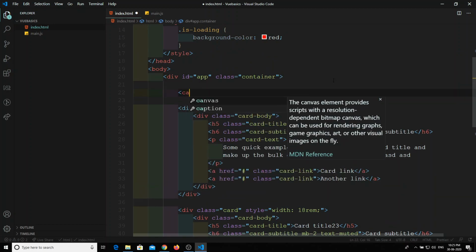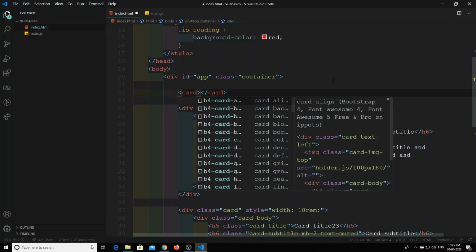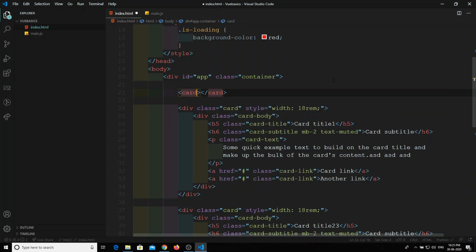I will create one component with the name card. Normally in Vue.js or in any front end, Angular or React.js, you should not create a component with a single name. Some people use their business name as a prefix, or otherwise you can use a hyphen. Always use two words with a hyphen, so that it is nice. For our demo purposes only, I am just declaring it with card only.